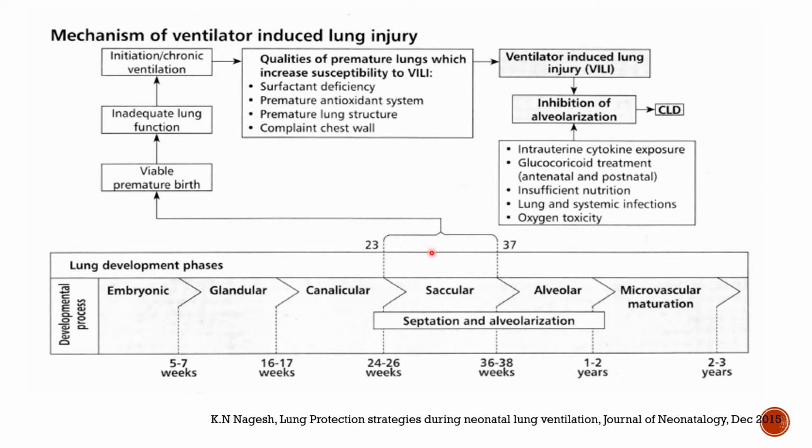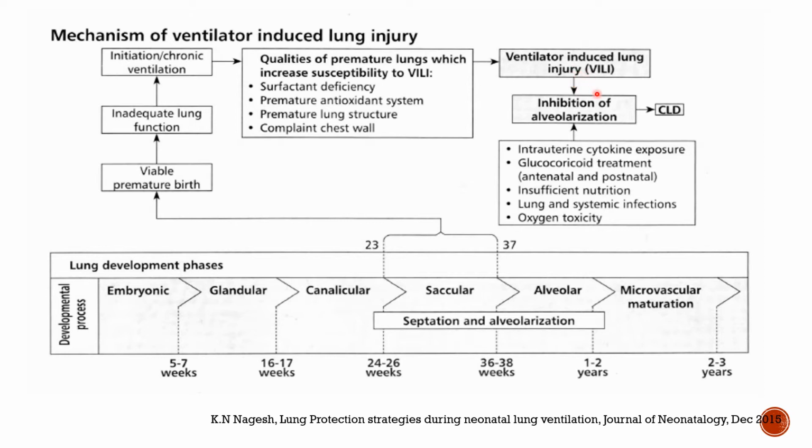Ventilator-induced lung injury more often than not occurs during this critical stage of alveolar development, the saccular stage, at which viable premature birth is possible, characterized by inadequate lung functions and increasing needs of ventilator support due to surfactant deficiency, premature lung structure with a compliant chest wall. In turn, due to their premature antioxidant system, preterm neonates are at higher risk of lung injury due to ventilation